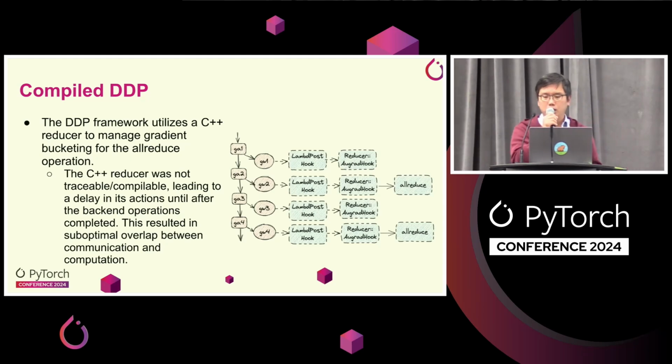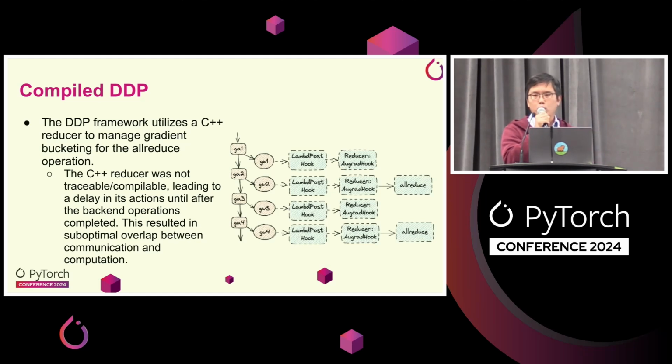There's also another piece of logic: DDP does not issue one all-reduce per gradient hook. Instead, DDP waits until there are enough gradients and issues just one all-reduce for all these gradients. This can actually improve the communication efficiency. And all this logic is written in the C++ reducer. So you might already notice there are two problems here. The first one is that this gradient hook is not traceable by the original compiler without compiled Autograd. And also the C++ reducer: we can only know it happened, and the compiler cannot trace the logic inside this reducer. So what the compiler can do is compile the backward and execute the backward, and then